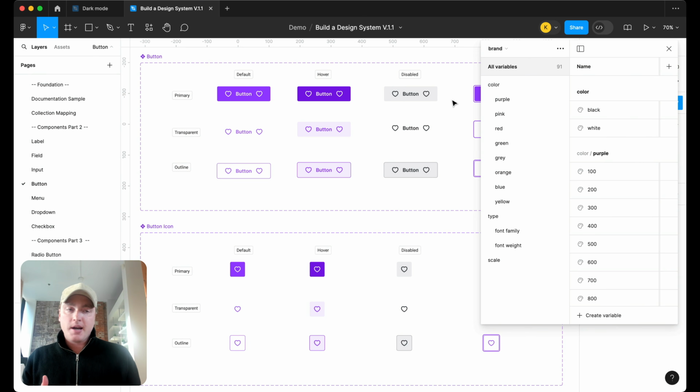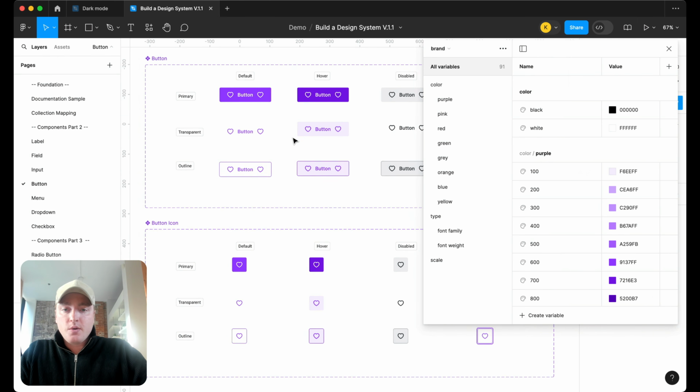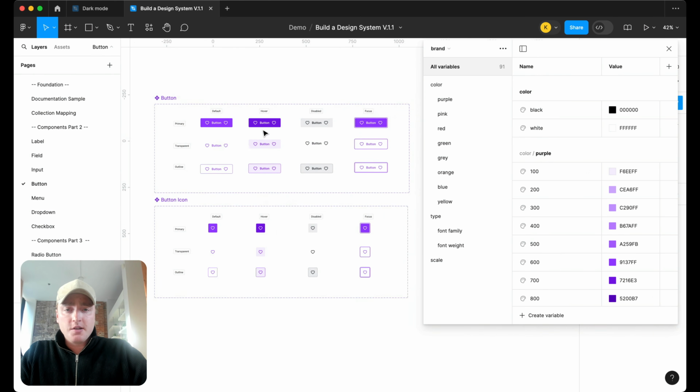I know from a timeline perspective that can push things back, especially if you're going to rush to get your design system out. But I promise you, focus on your light mode first. Do your accessibility testing before you move into a dark mode. Okay, so let's look at a quick example here. Maybe we're just going to focus on our buttons to start. And one thing I would like to call out is with our Build a Design System series, I haven't tested everything for accessibility yet. So if you're using these color shades and say, hey, it's not accessible, don't yell at me. Okay, so let's go